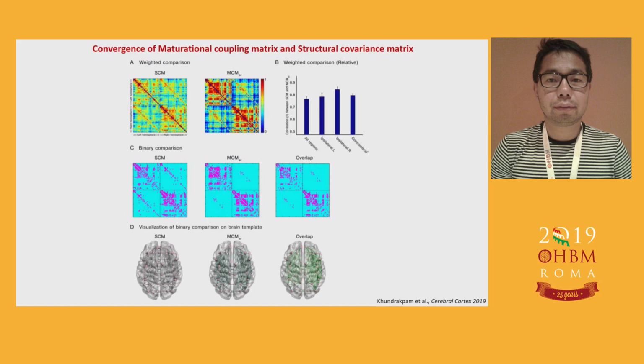Qualitatively, you could see the upper quadrant, that's the left hemisphere, and the lower quadrant is the right hemisphere, and in between are the bilateral regions. You could see a similarity, which is quantified by the comparison of the correlation coefficients. So you see around 0.8 correlation between the two matrices. And for better visualization, we showed it with binary, where we were interested in looking at only the 13 topmost connections or topmost edges. So this is interesting and promising.